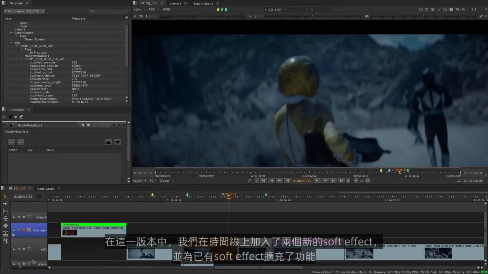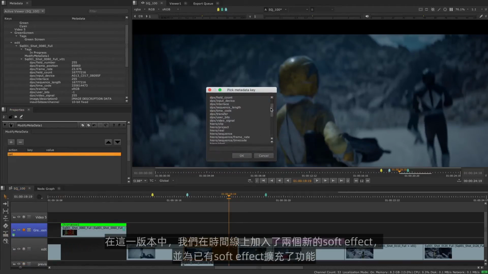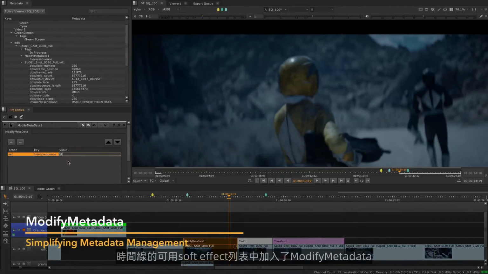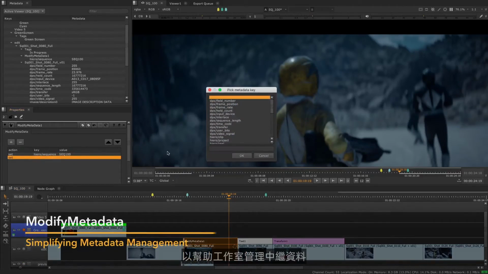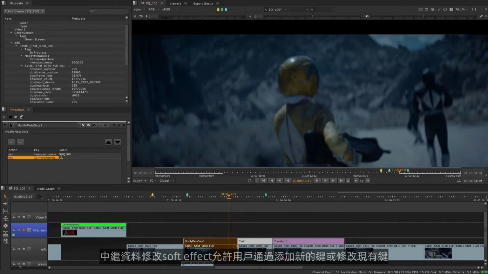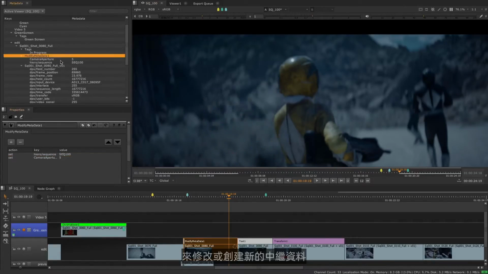In this release, we are including 2 new soft effects on the timeline, as well as more functionalities to pre-existing soft effects. We have included Modify Metadata to the list of available soft effects on the timeline to help studios manage their metadata. The Modify Metadata soft effect allows users to modify or create new metadata by adding new keys